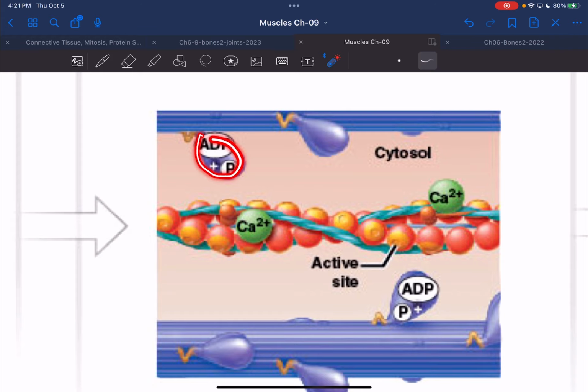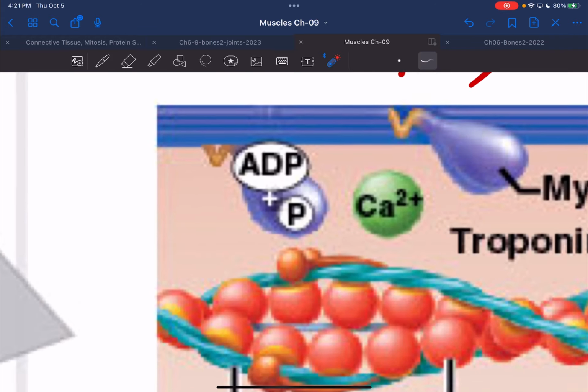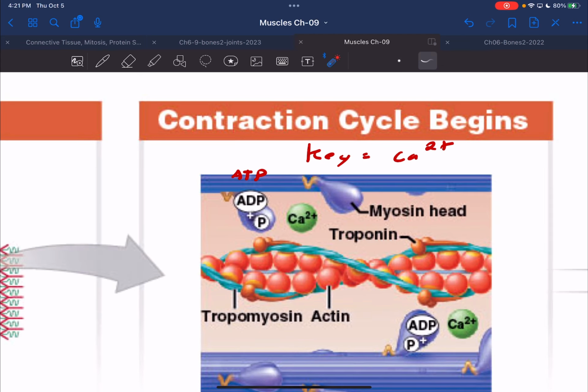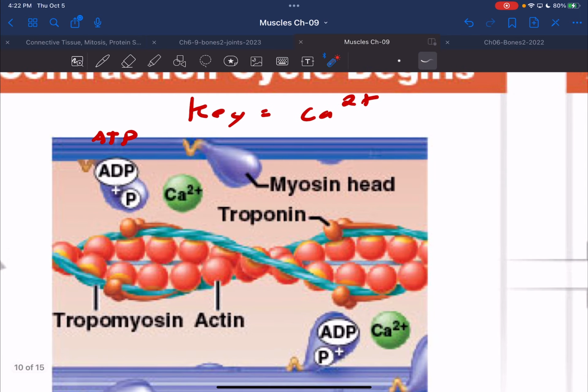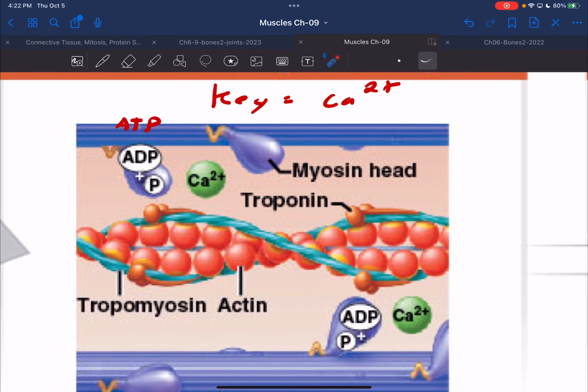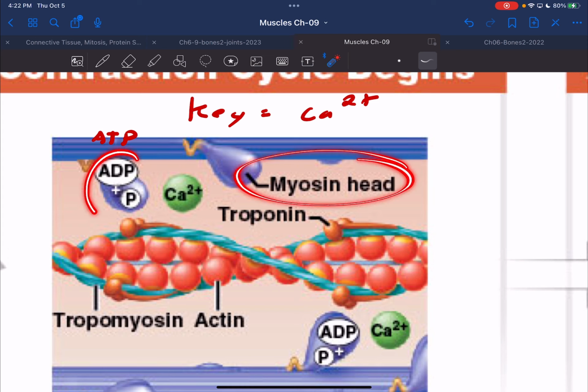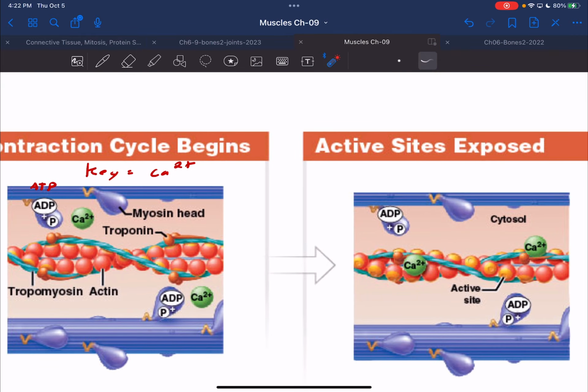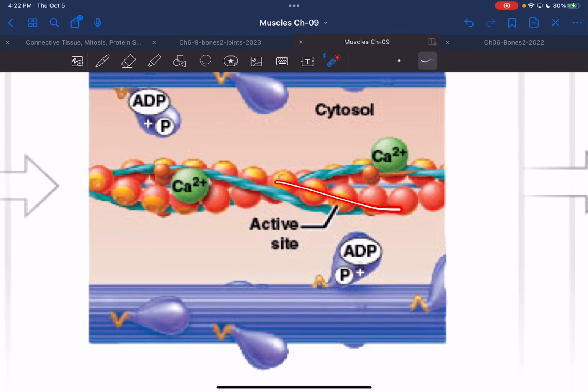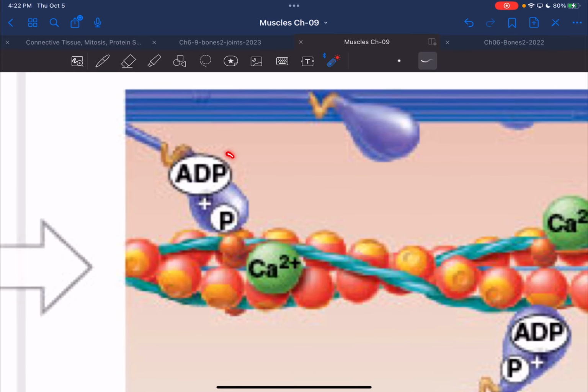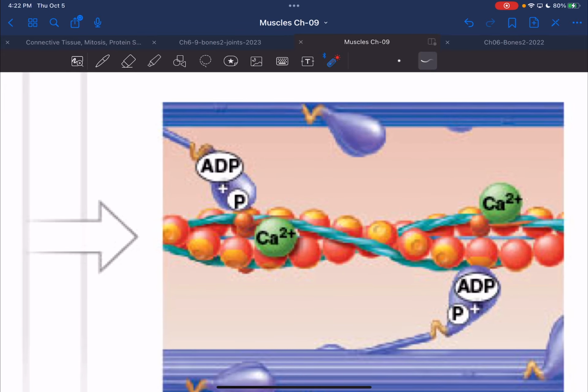And these myosin heads can now bind to it. And then the cool thing is now that we see ADP and P, this means adenine diphosphate. If we add one more phosphate to this and turn it into triphosphate, what does this change into? ATP. And what is an ATP molecule? An energy molecule. And so you can see that your muscle cells require ATP, or the myosin head requires ATP. The thin filament requires calcium. And so when calcium is present, it allows for the active sites to be exposed. The ATP will be there to serve as the energy that it's going to need to bind to the active